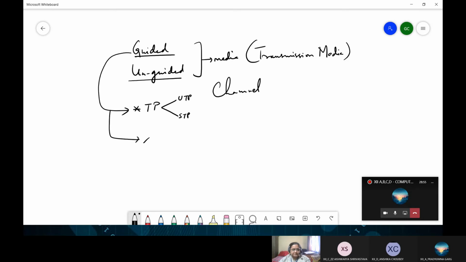Another one is coax or coaxial cable. Okay, and here also we have two types, thinnet coax and thicknet coax. So thinnet is thinner as compared to thicknet coax, and thinnet has lesser protection from outside interference, but obviously better than twisted pair. But thicknet provides the most protection. And in thicknet coaxial cable, the segment length can increase. That is the maximum allowable length for connecting computers.